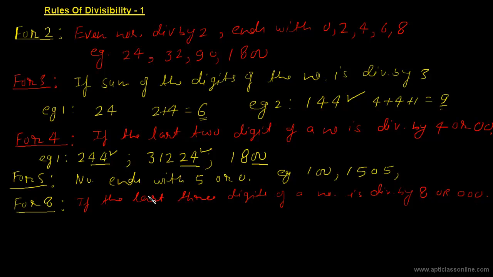If the last three digits of a number are divisible by 8 or 000, then the number will be divisible by 8. For example,